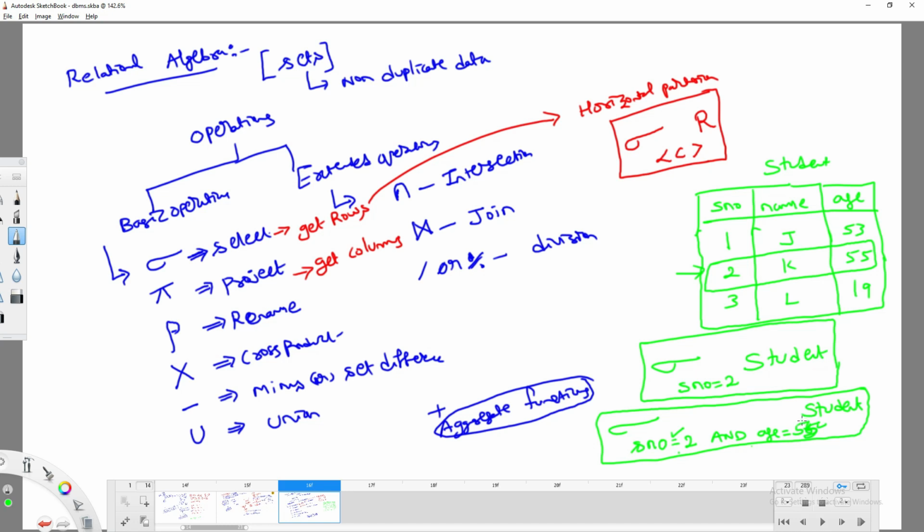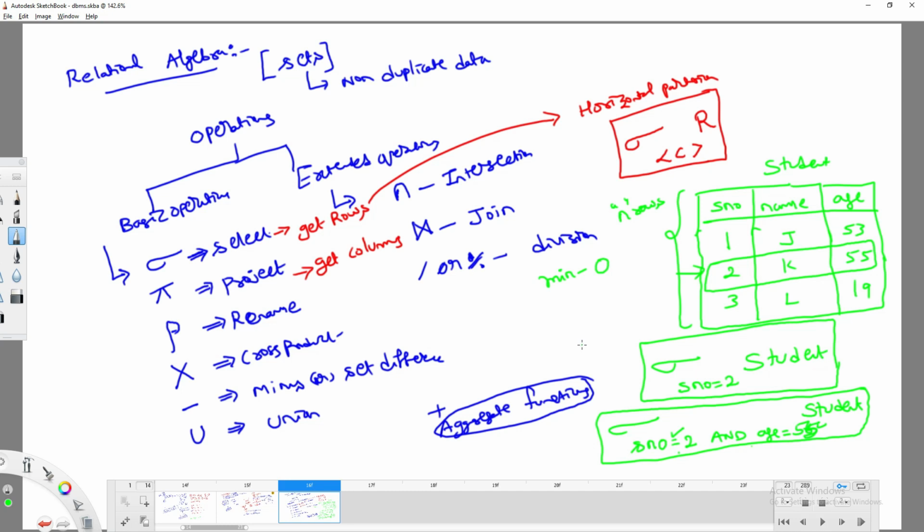Okay, fine. So if I think that this is a table having n rows, what is the minimum number of rows I can get when I perform the select operation? 0, right?